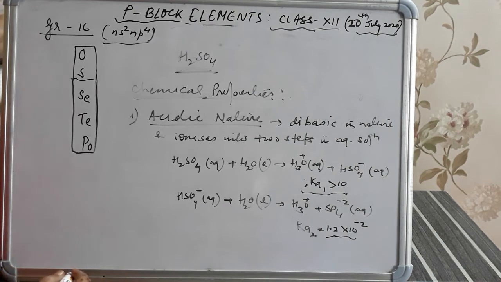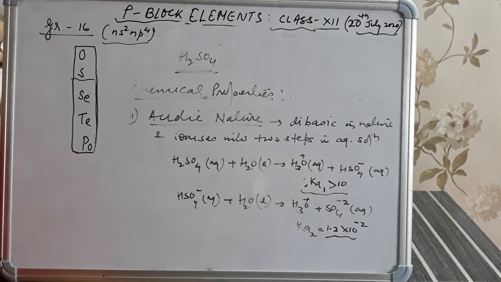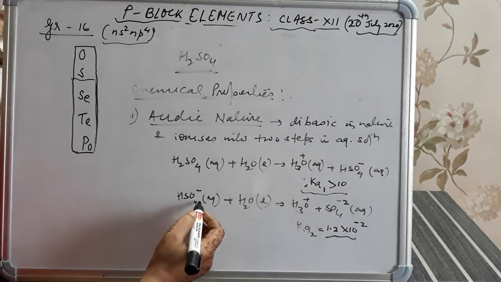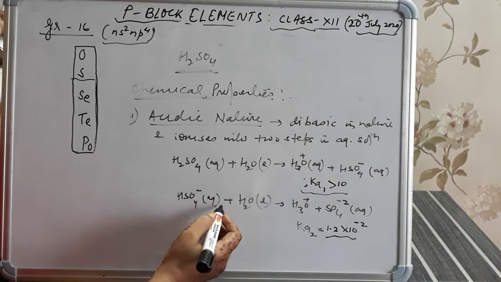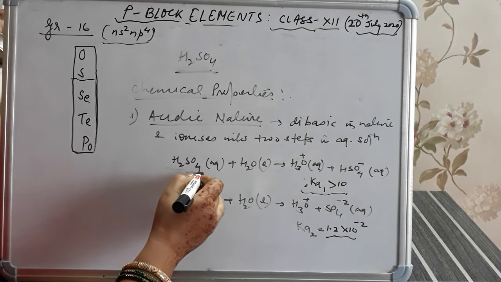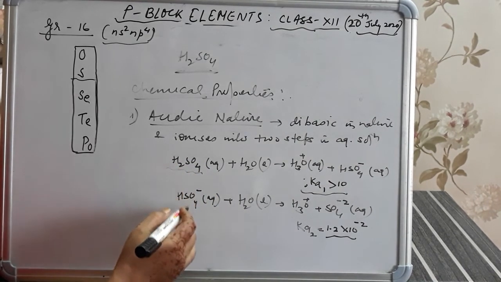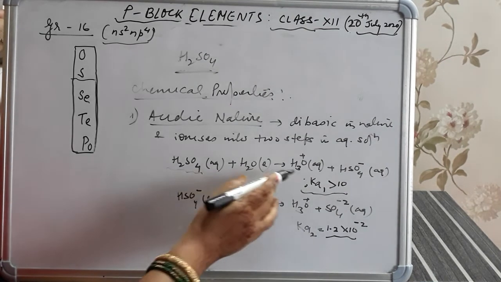So let's discuss, students. The Ka2 value is less for the acid because a negatively charged anion has a lesser tendency to lose a proton as compared to the neutral acid. In this way it forms a series of two salts,